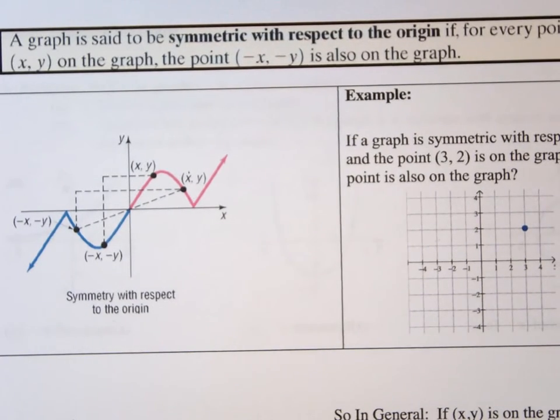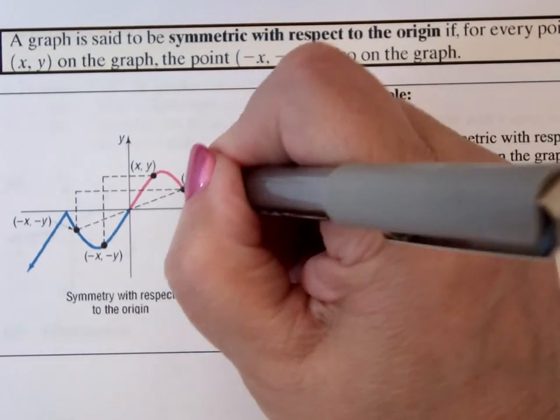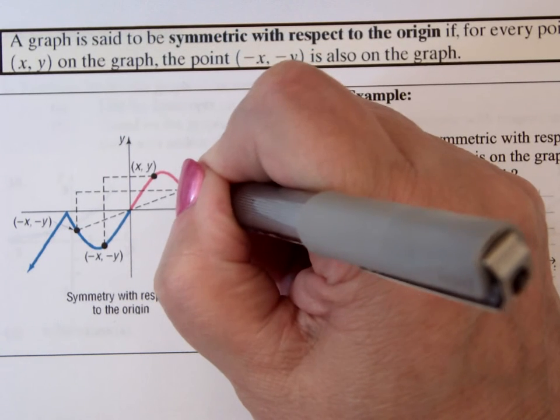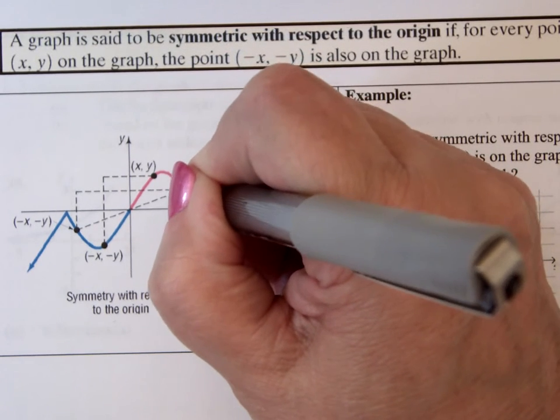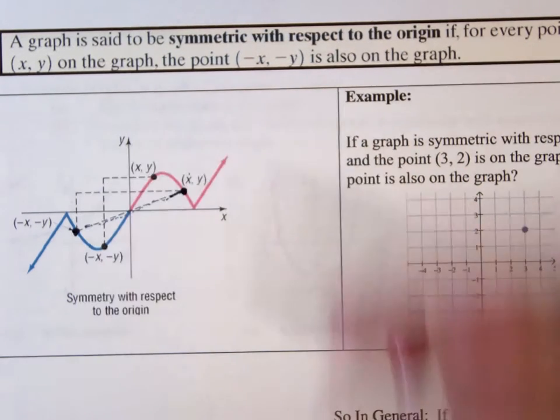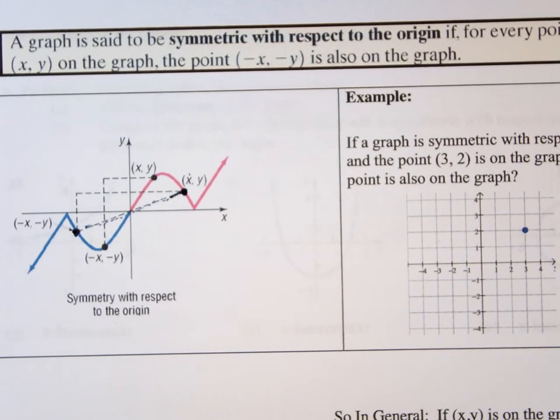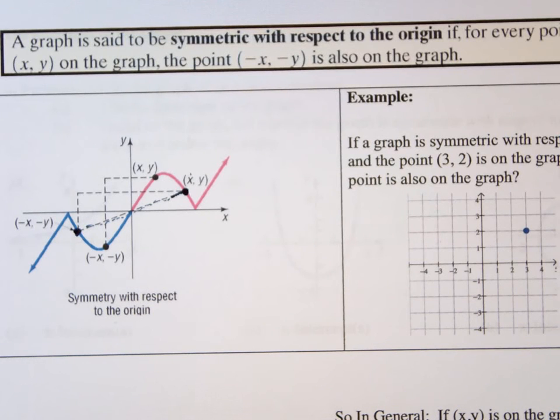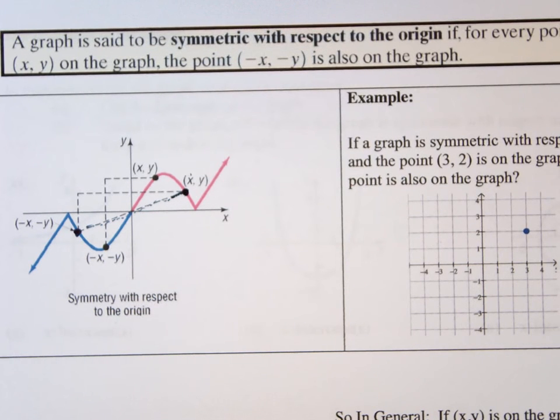Now, symmetry with respect to the origin. Notice what's happening. I'm picking a coordinate point. It is being imaged through the origin, and it ends up down there. In other words, it's cross quadrant. It's very, very hard. It's a double fold. If I were going to be folding something,